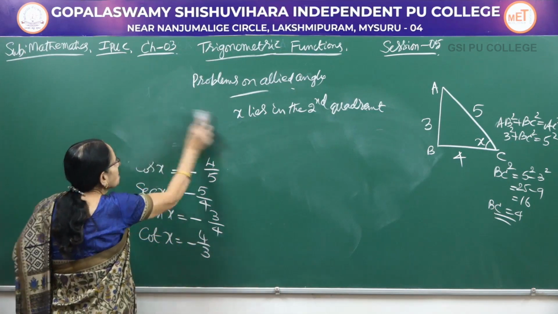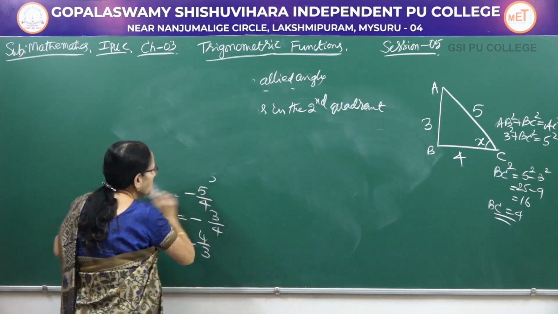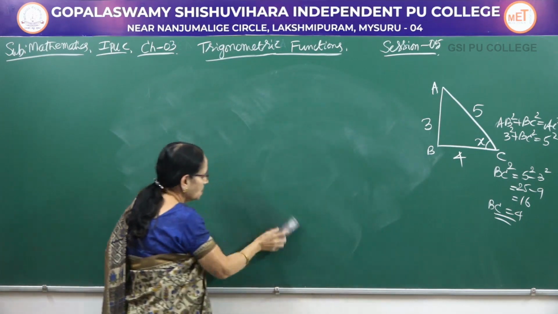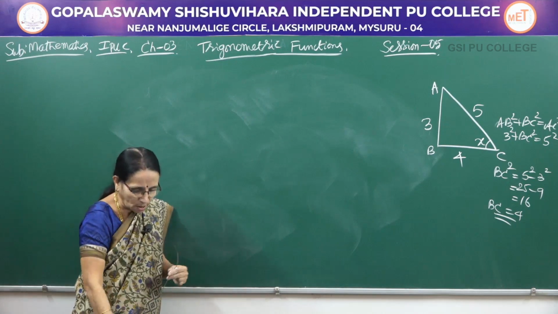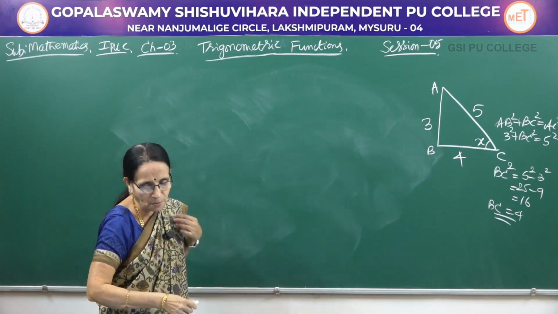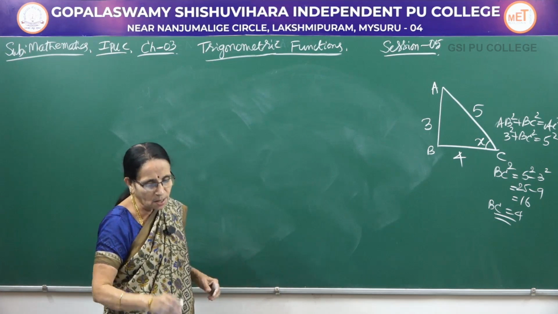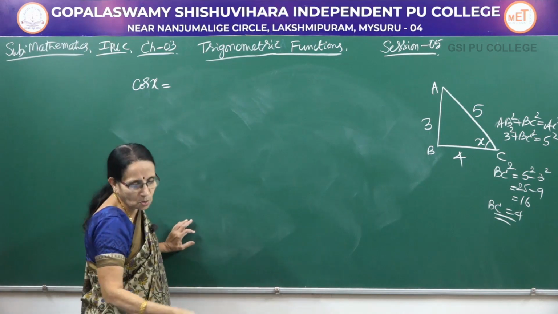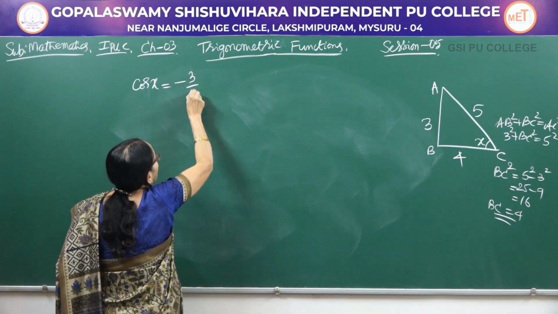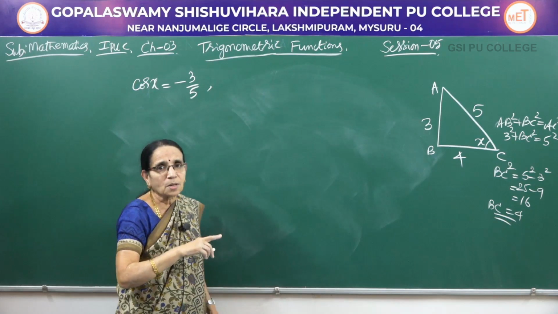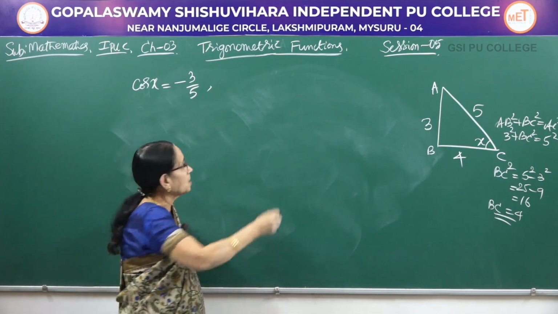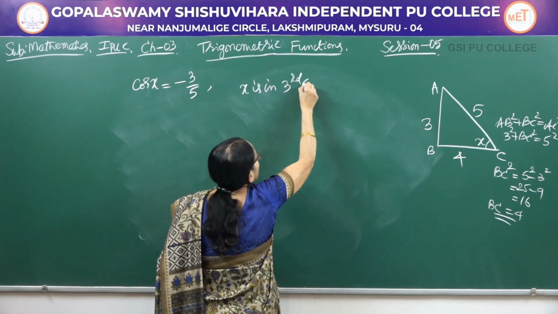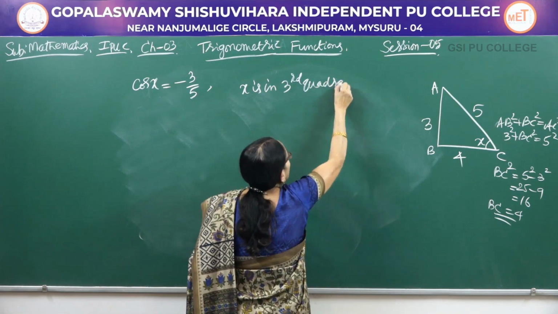So this is the procedure we adopt to solve problems like this. You have to be a little bit careful and you should have all the information by heart. Only then can you solve problems of this particular type. Now let me move on to the next one. Cos x is equal to minus 3 by 5. I took a positive value in the earlier case, now I am taking a negative value. Now x is in the third quadrant.